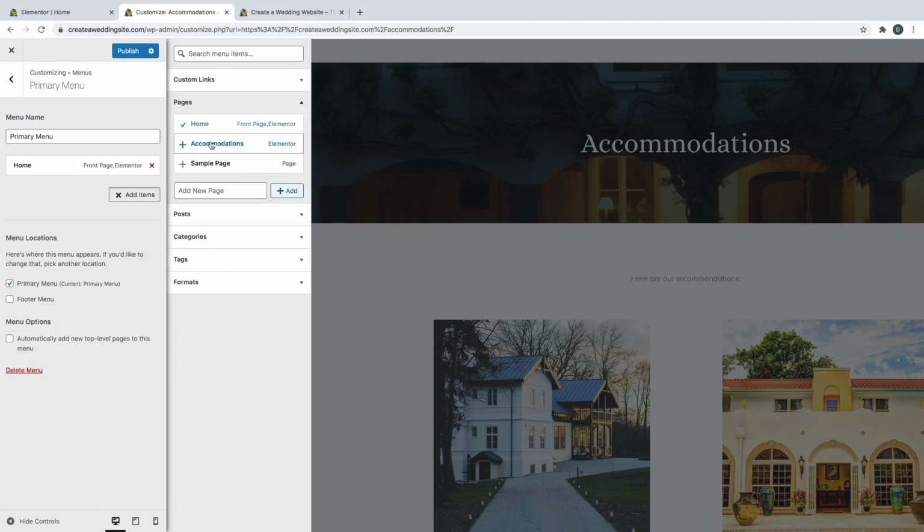Now, if you did create more pages, like maybe a what to wear page, a page about the parking area, things like that, they're all going to be here in the pages category. So you've got custom links, pages, posts, etc. So you'll find them here underneath pages, and then you just want to add those as well if you created those. But for now, all I really want is just a home button so that once they go to this page, they can go back to the home. Cool. So now just click on the back button,